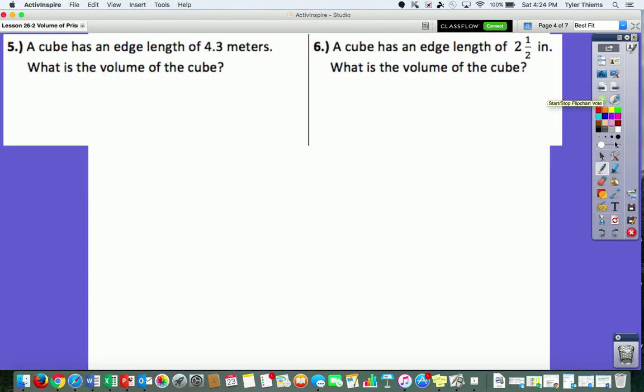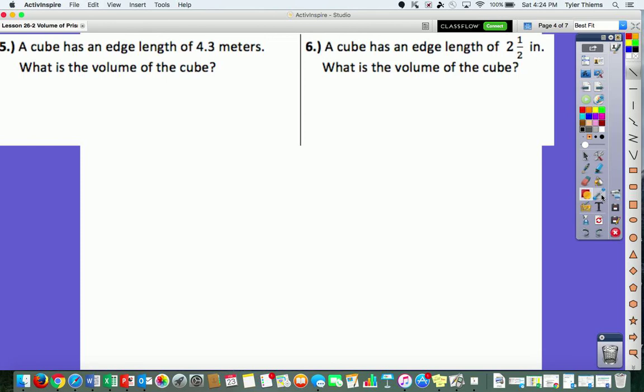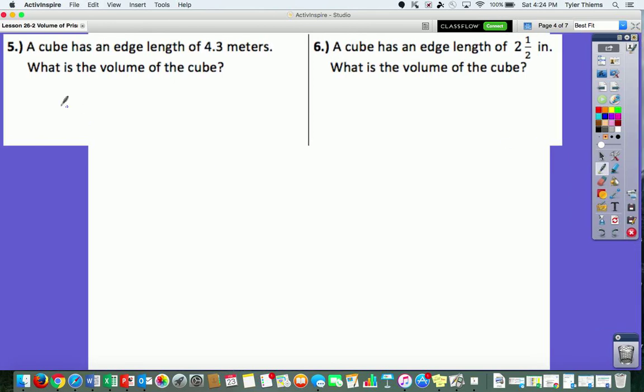Number 5. Now this is a word problem. It says a cube has an edge length of 4.3 meters. So since it has an edge length, we could draw this. It's always helpful to draw. So you could draw a little cube here. My cube's not going to be perfect, but all the sides of this cube are going to be the same,